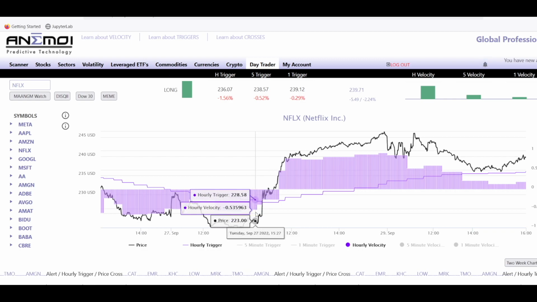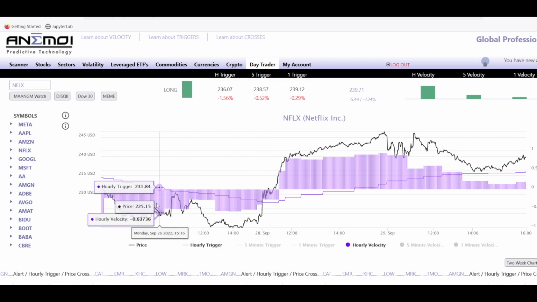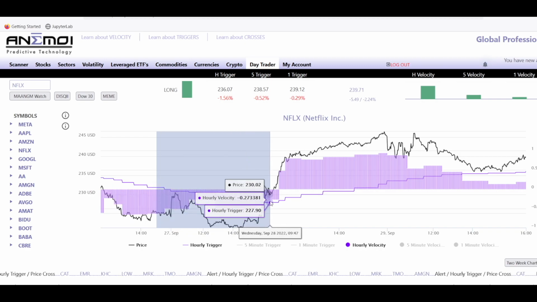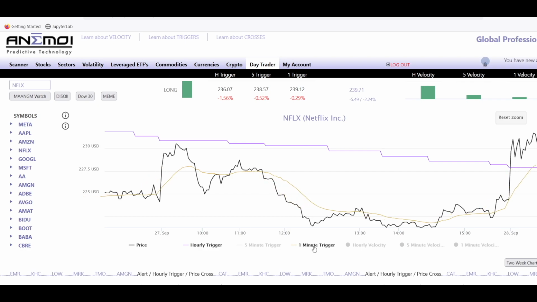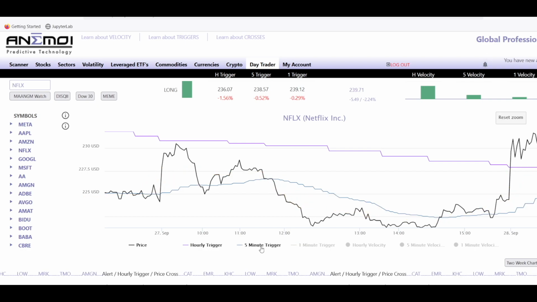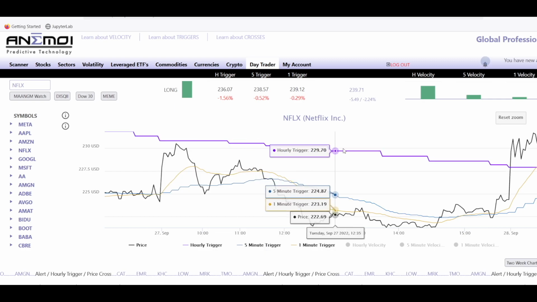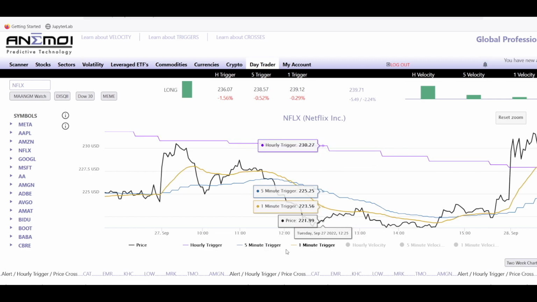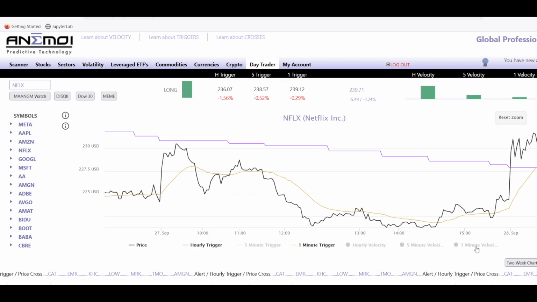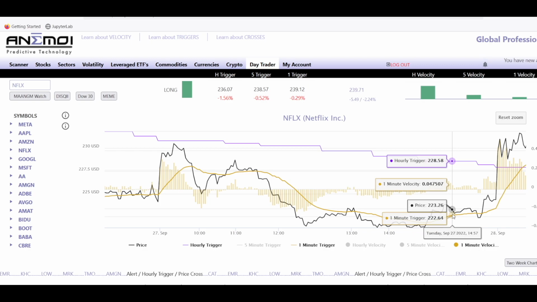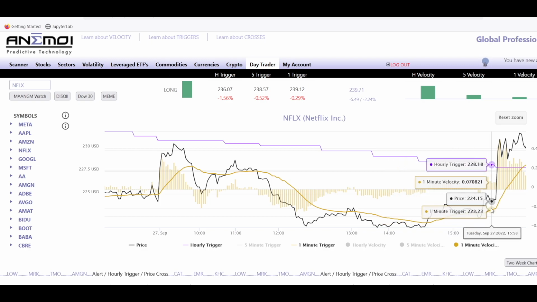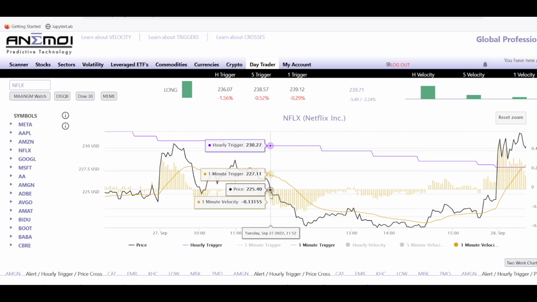Now, another thing to look for when price is coming to attack the hourly trigger, and here's where we'll move down to the lower time frames, we want to look at the 1 minute velocity and the 5 minute velocity. So here's the 1 minute trigger and the 5 minute trigger. Now they kind of act exactly the same as the hourly trigger in terms of velocity. So if you have, for example, strong 1 minute velocity, you're going to expect the 1 minute trigger to provide support. And if you have strong negative 1 minute velocity, you're going to expect, like, for example, right here, came